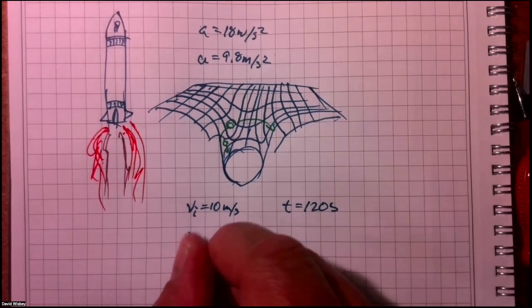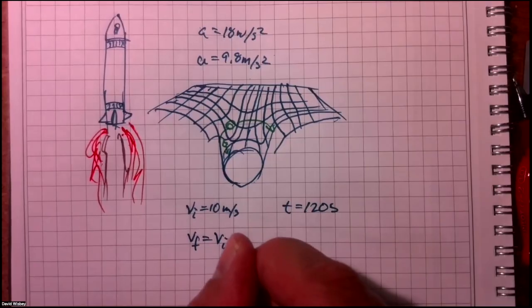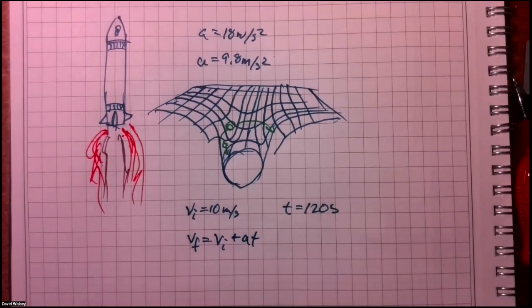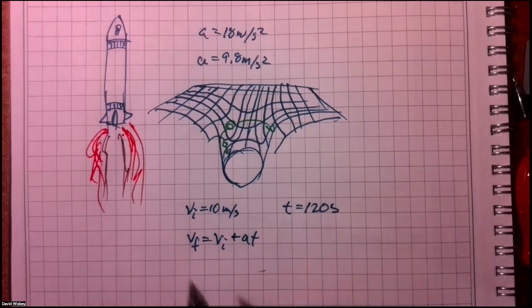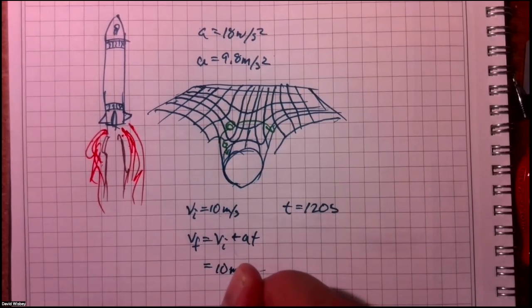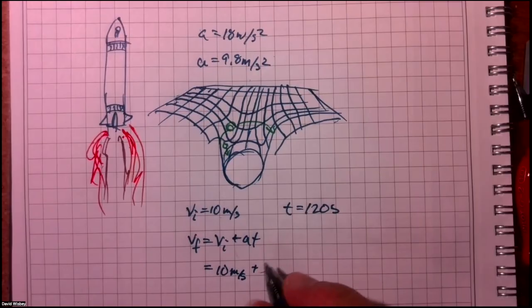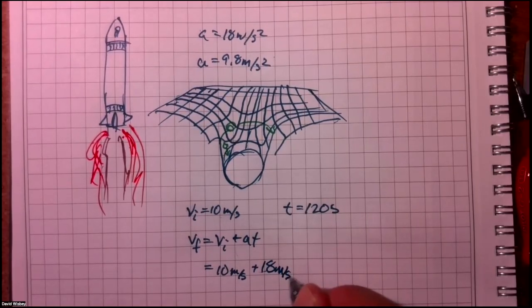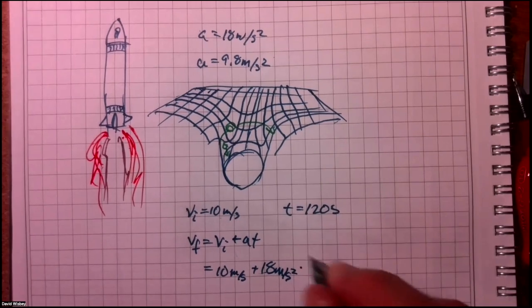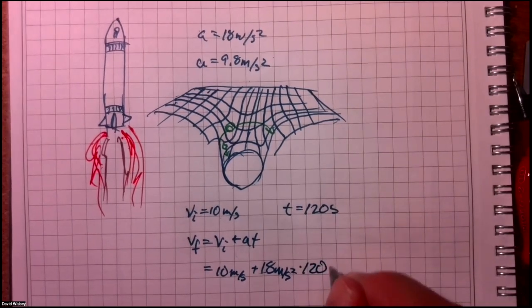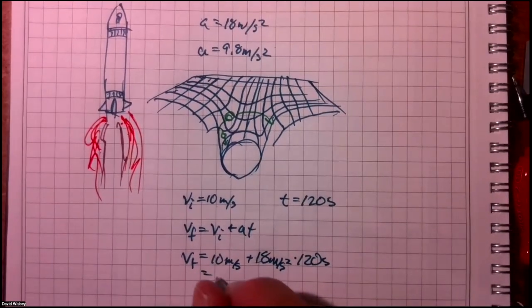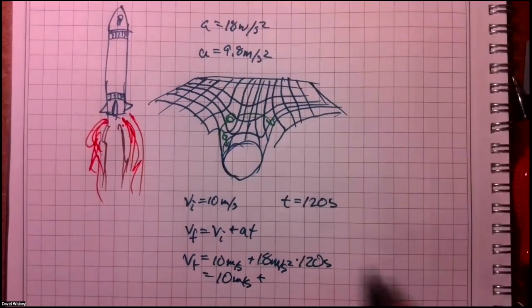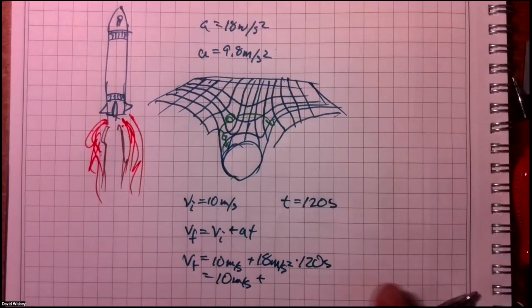So let's calculate our velocity here. We have our final velocity equals our initial velocity plus at. So if our initial velocity here is 10 meters per second, we're going to plug in our numbers. This will be 10 meters per second plus 18 meters per second squared times t, which is 120 seconds, and that's going to equal our final velocity. So this will be 10 meters per second plus 18 times 120. Now I'm going to